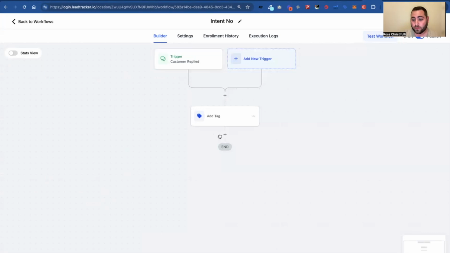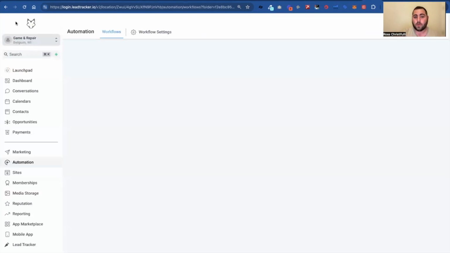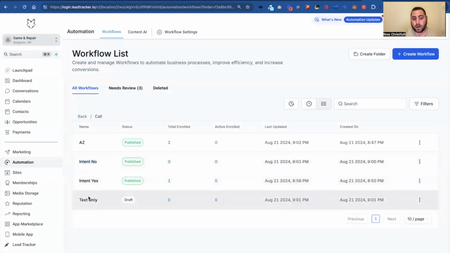That's all this workflow does. Now, I am a big fan of trying to make it so that these workflows are not super complicated, so that if something breaks, we know what to look for. So now what'll happen is if they say no, then I'm going to send them to my AI text bot,